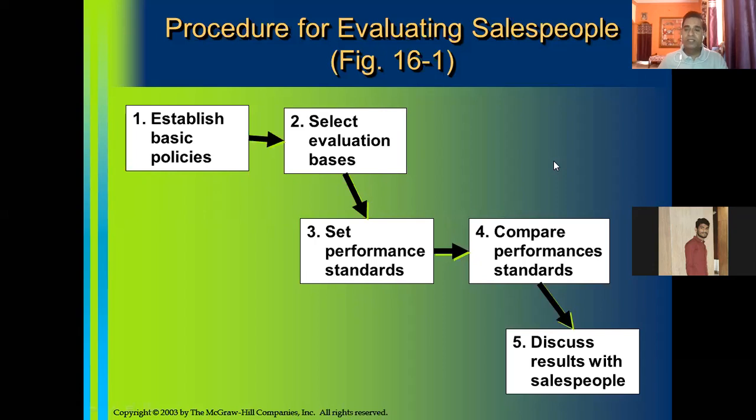But in my example, I said the sales rep has visited, let us say, only 150 doctors, which means his call rate is only 75%. And let us assume he has visited only 50 pharmacies, so with respect to pharmacies, his call rate is only 50%. So the sales manager, the immediate reporting authority, in this case the area sales manager, can discuss the results with the respective sales representative. The manager may ask why he was unable to meet the remaining 50 doctors and the remaining 50 pharmacies in the month.